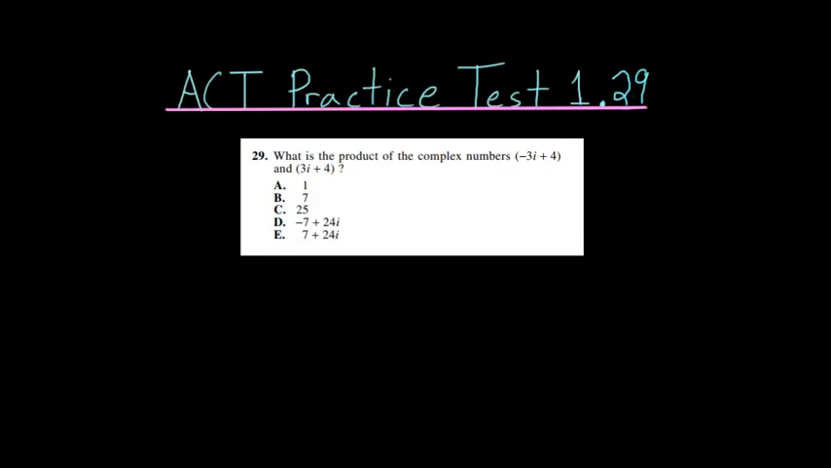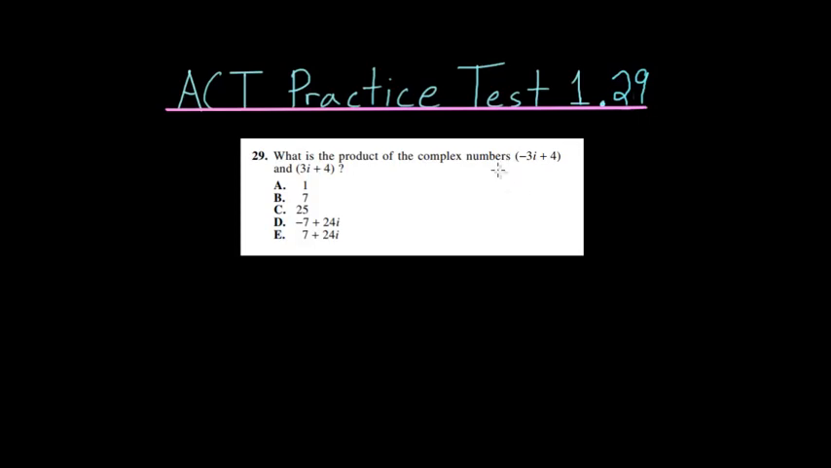The 29th problem on this first ACT practice test focuses on multiplying two complex numbers together. What is the product of the complex numbers minus 3i plus 4 and 3i plus 4? So to multiply these two complex numbers together, we're going to treat it as if we would treat any other